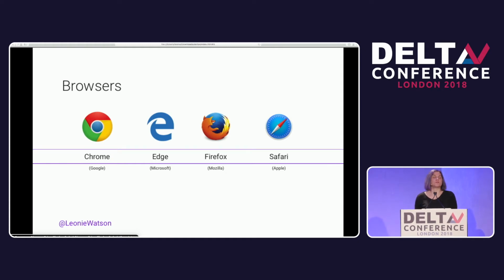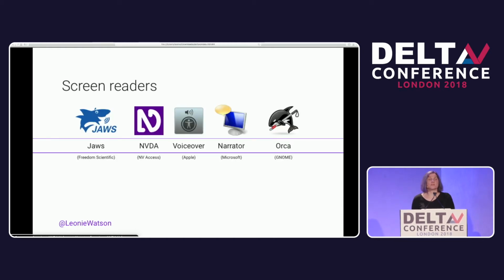But what about the users? And specifically, for the purposes of this talk, what about those of us who use assistive technologies like screen readers? If you're not familiar, a screen reader is a piece of software that translates what most people see on screen into synthetic speech, and for some people, into refreshable electronic braille. And there are screen readers available on every platform. And I'm going to focus on desktop platforms for this talk because it's the way that screen readers and browsers work together on the desktop that's particularly important to performance when you have an assistive technology like a screen reader